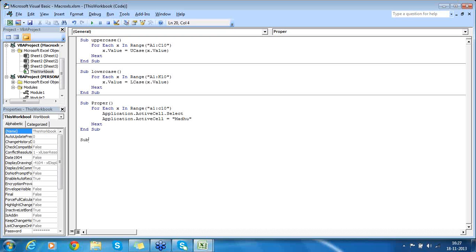Now I say Sub AddTwoNumbers. So how do I add? I need to specify now the cell, which cell I'd like to add. If I have to pass the cell number, I'd like to add in C column. I want to put the value in C column of, say,